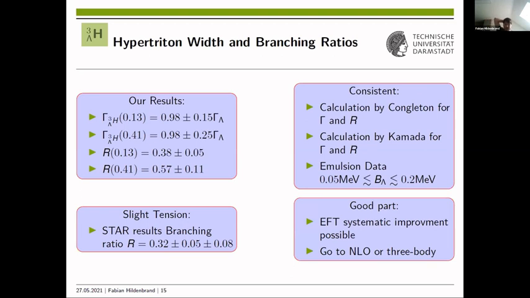However, the good part is that EFT is, as I already mentioned, systematically improvable. The typical things you would do here is go to next-to-leading order, especially for the hypernuclear nucleon interaction. The main part there is coming from the pion and lambda part, which you can easily do. Or you go to a 3-body calculation, which, if you really want an improvement here, is necessary for the helium-3 or triton final state interactions.